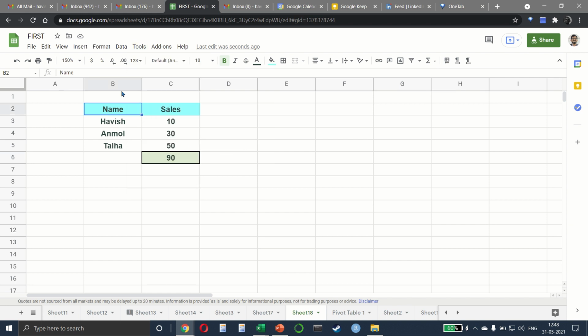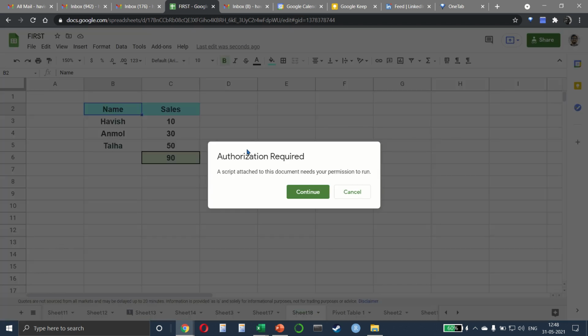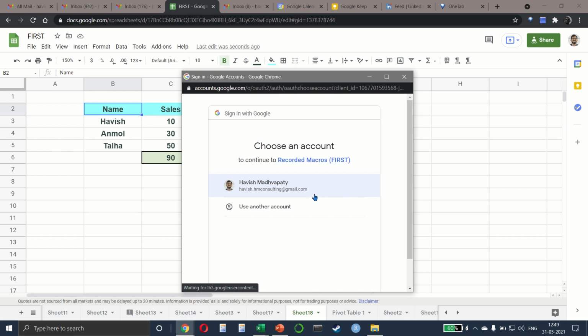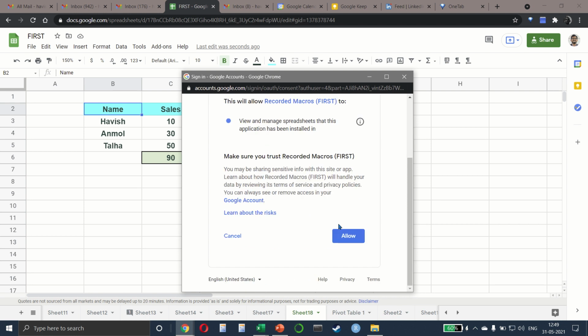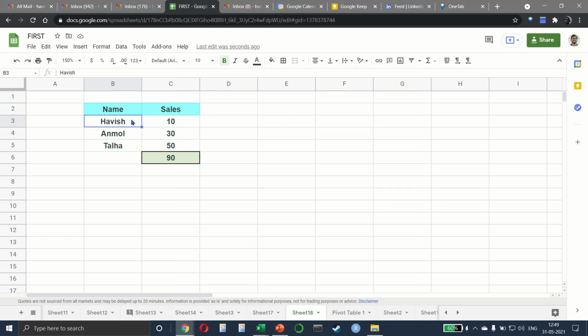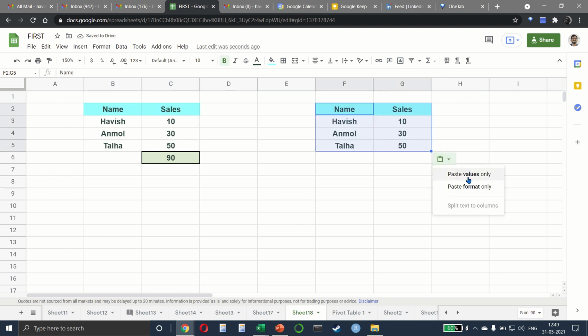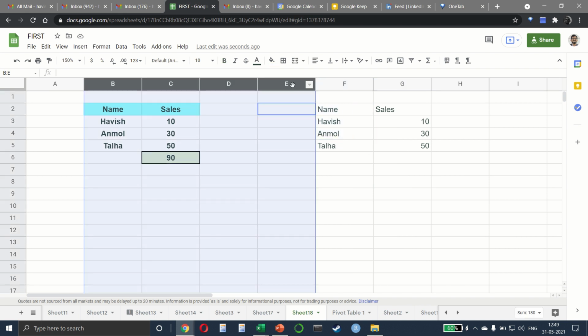Now see, when I click on the cell and I go to tools, macros and test macro, okay, it says the script needs my permission. Let me click on continue. And what we also want to do is to select it and just click on allow. Perfect. Now watch this. I'm selecting the data and putting it here, and I want to put it on the same columns, right? So we delete everything,